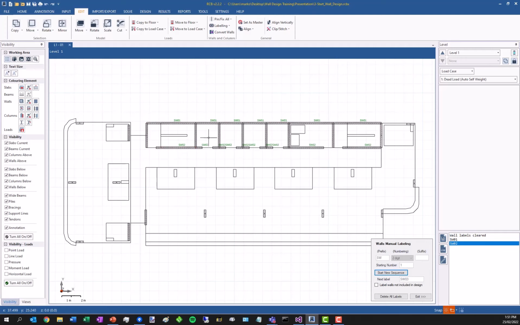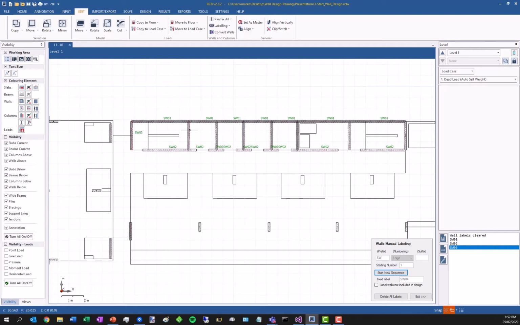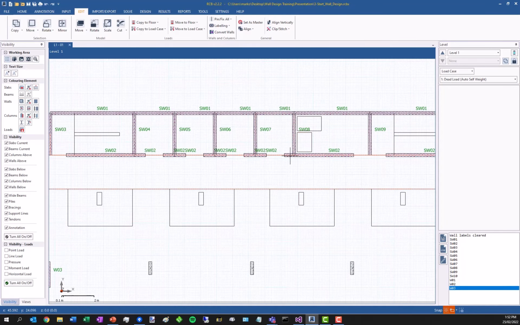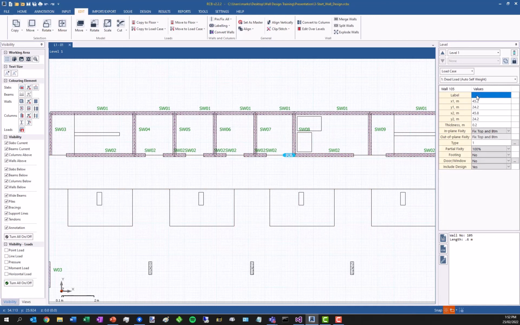So selecting these ones, it automatically labels each of those analytical wall elements above and below, and starts a new sequence. Just label these with something generic. If we hit exit, for some reason this didn't label, so